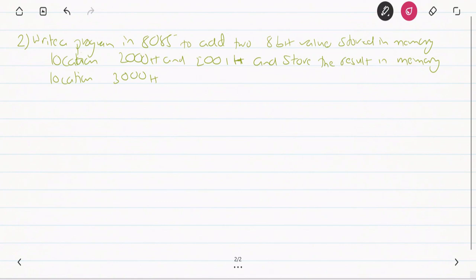In this video, we are asked to add two 8-bit numbers, but unlike in the previous program, the values are not directly given, but we are told that those values are present in memory locations here. So what the question says is, there is a first 8-bit value